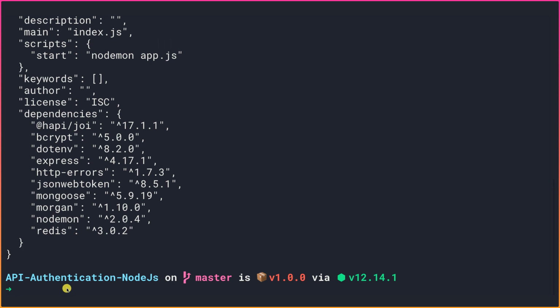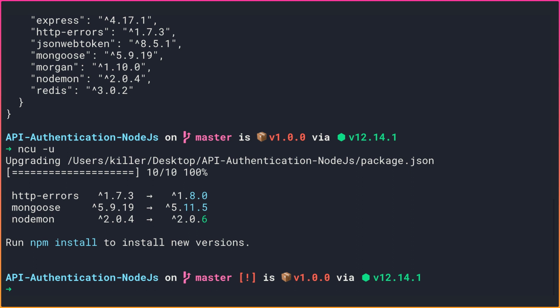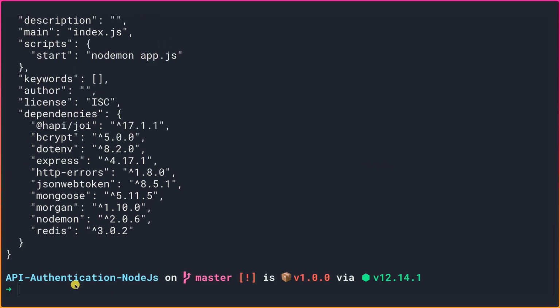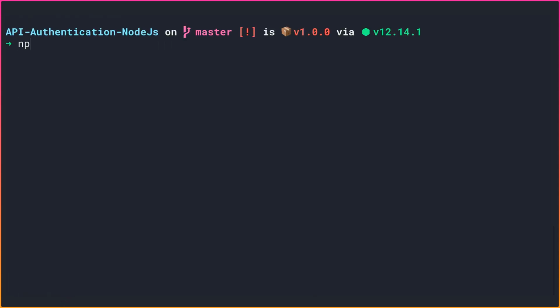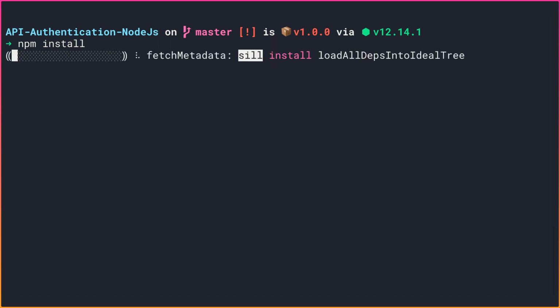So now I'll simply do ncu -u to update the packages inside our package.json file. And now if we have a look at the package.json file, we see that the dependencies have been updated, but they are not applied. To apply them, we simply need to call npm install again, to install the latest dependencies that are inside the package.json file.